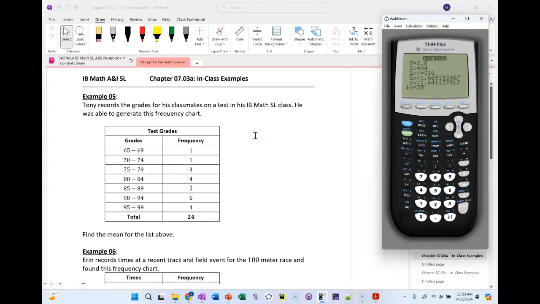Mid-interval value. Yeah, since my measurements are given as a class, like 65 to 69, I need to use the mid-interval value there. What's the mid-interval value for 65 to 69? Just 67, right? Halfway, 2 from each end. What's the one for 70 to 74? 72, etc., right? When in doubt, you could add them up and divide by 2, but these are probably easy enough that you can eyeball it. But if you don't trust yourself,